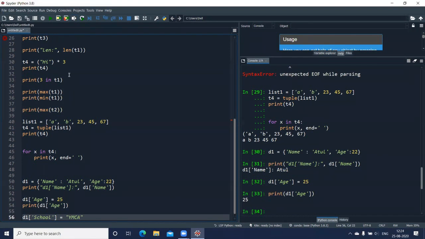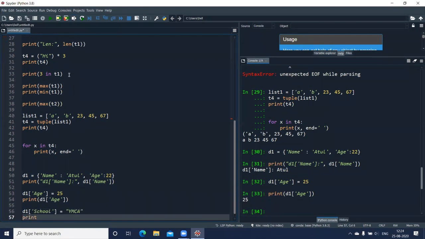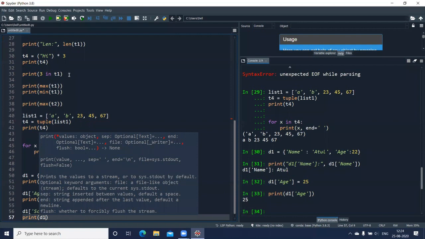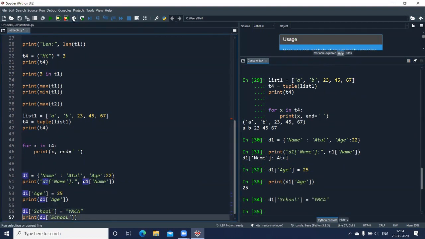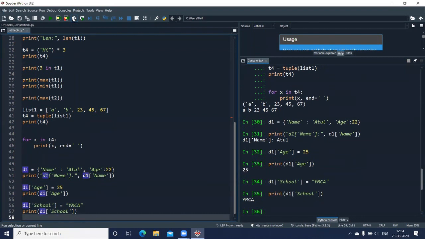And I can print this here. Print D1 school. Let us run line number 56 and 57. So you can see the output. Whenever you want to add a new key, you directly make use of the equal to operator, assign the values, create a new key.